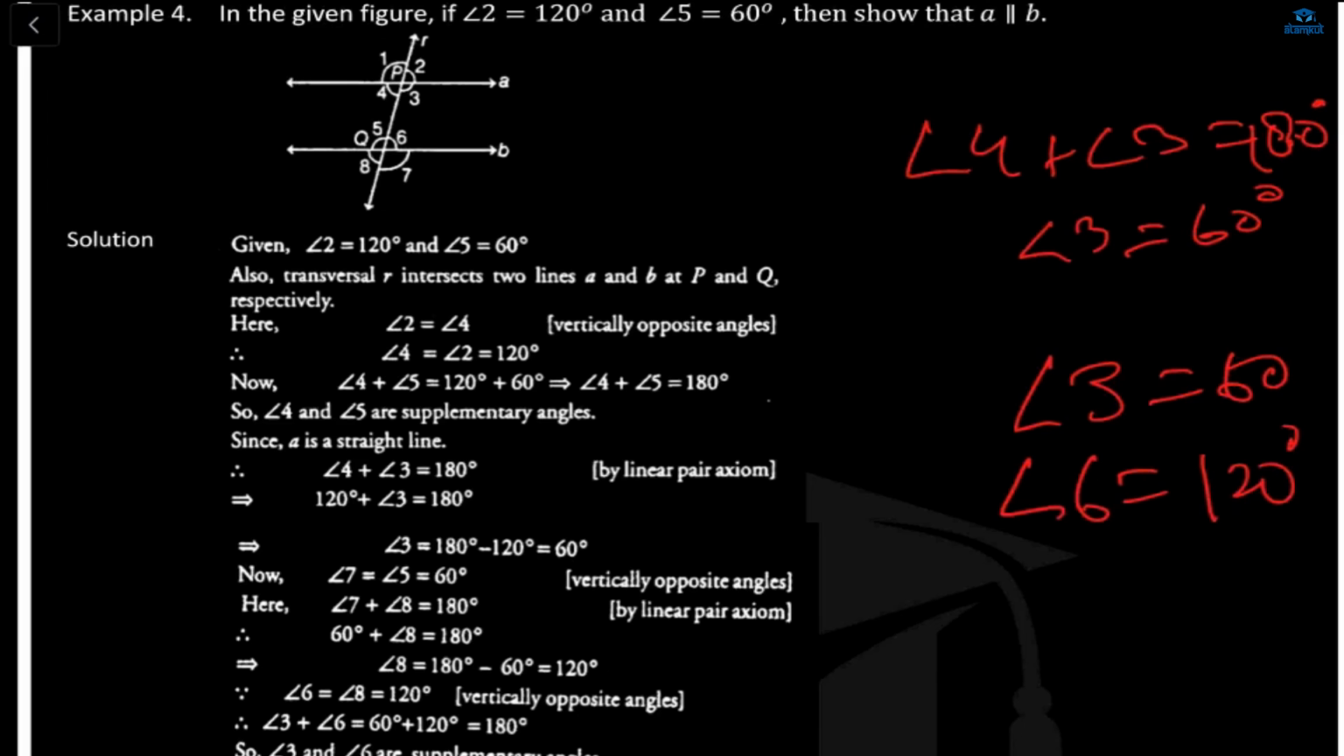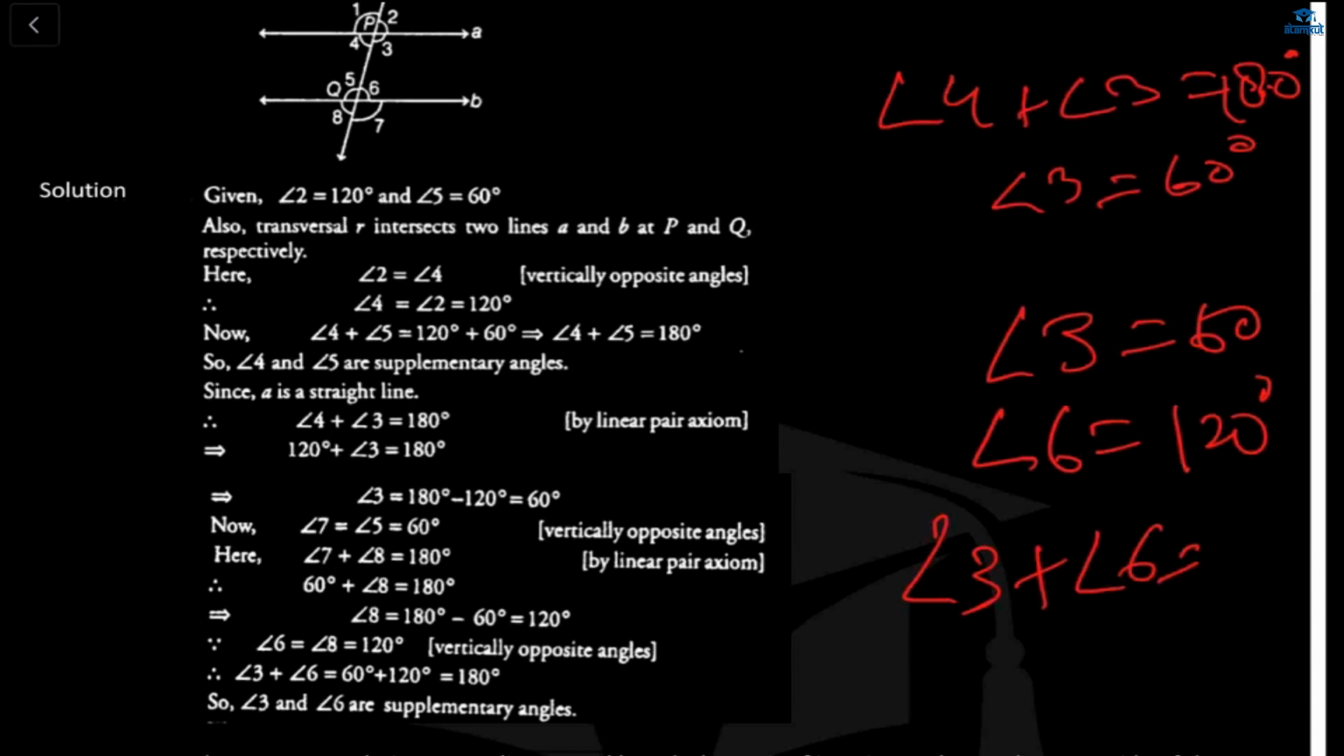So they are making a supplementary angle pair, 180 degrees. So angle 4 plus angle 5 is equal to 180 degrees, and angle 3 plus angle 6 is equal to 180 degrees. Therefore, the lines are parallel. Understood? In fact, you can prove that angle 2 is equal to angle 6 and angle 1 is equal to angle 5. Then also they are corresponding angles, so the lines are parallel. You can prove angle 4 is equal